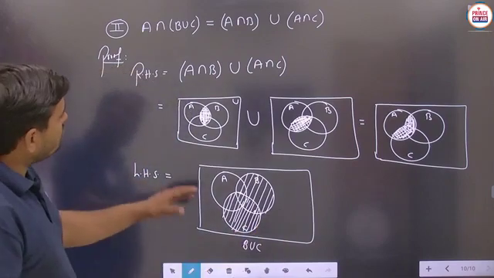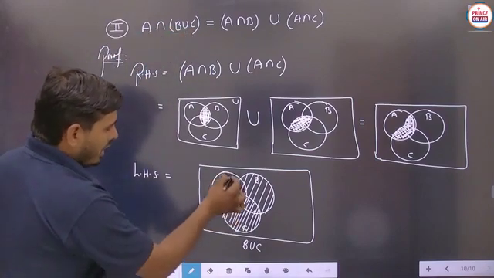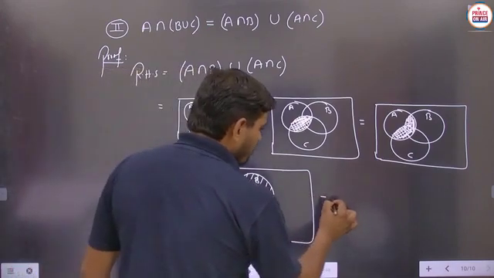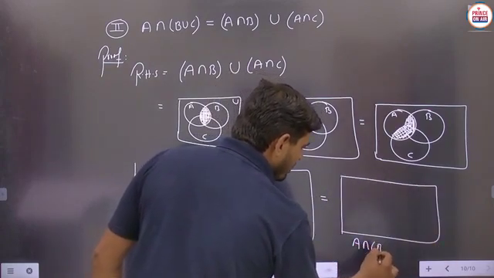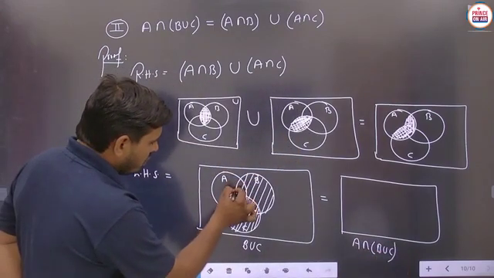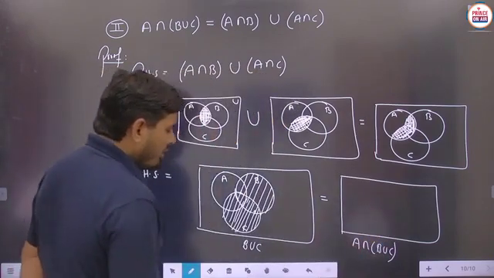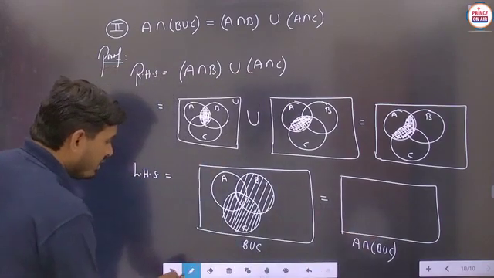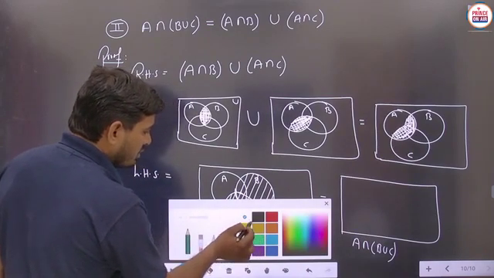Now the B union C is to be taken with the intersection of A, which means the A set is there and the common part will be only of the A part. So if we have to make the final Venn diagram of A intersection (B union C), then students, you can take this as the B union C, and only this part will be common to both. So if we draw the final Venn diagram, you can take it like this, and we will just change the pen so that you can easily observe the particular things. Is it clear?